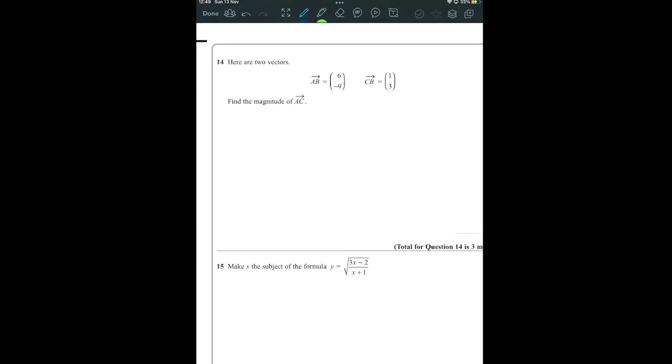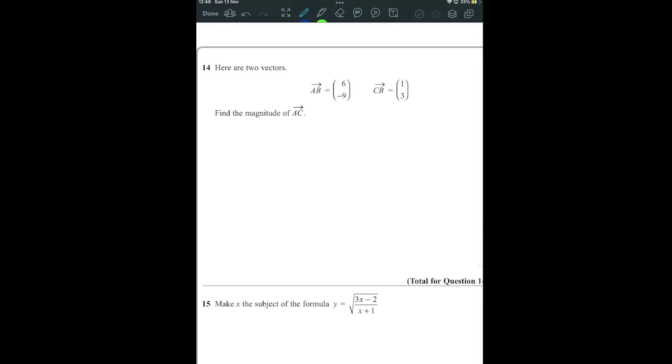Vectors. At the time of setting this paper, this is not a topic that you've done. I'll do the question anyway. AC is, well, if I want to get from a point A to a point C, and all I really have is another point B. If I wanted to go direct, well,